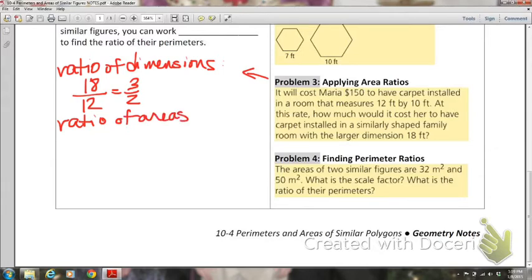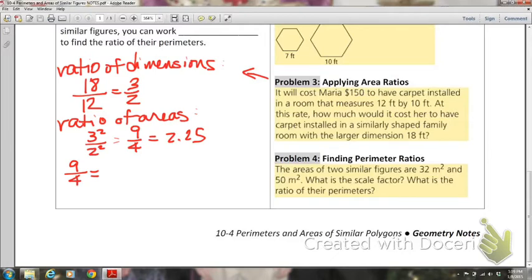The ratio of the areas is going to be 3 squared over 2 squared, which is 9 over 4, which is 2.25. It's our ratio of the two areas. So there's a couple of ways you can set this up. We can set it up as a proportion, which we would take the ratio of the areas, the 9 over the 4,